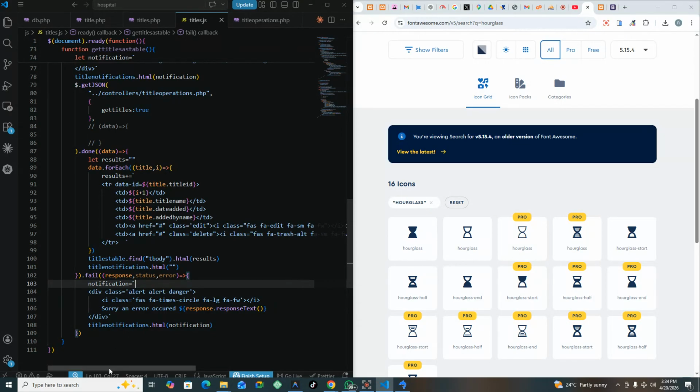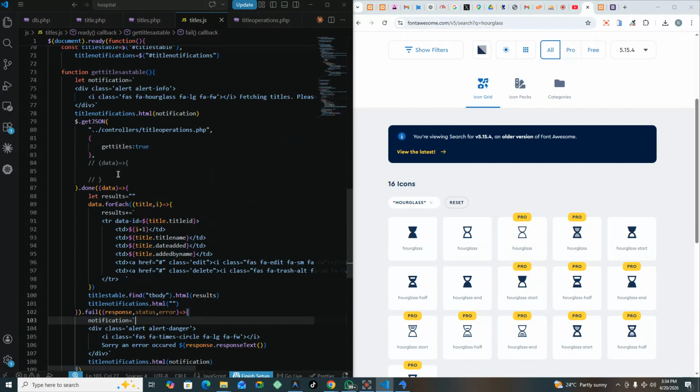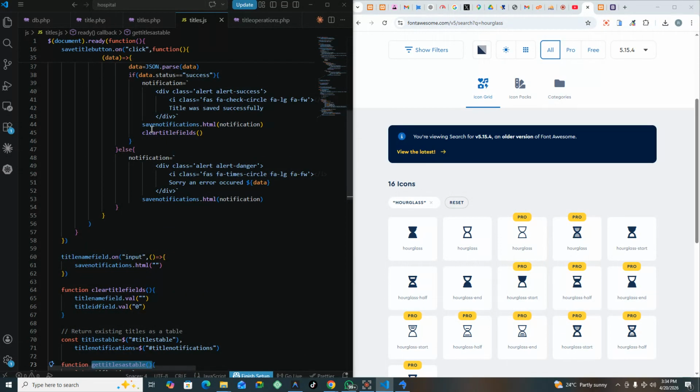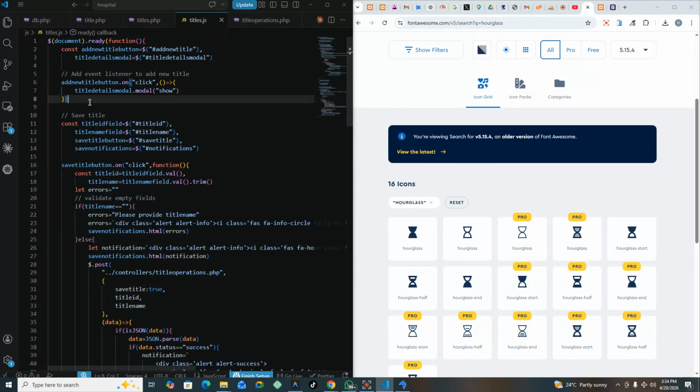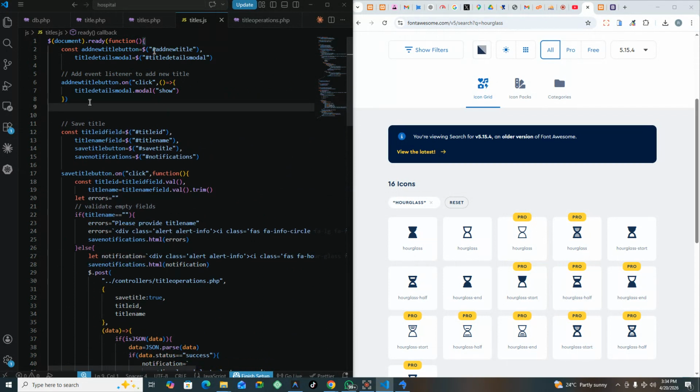So if everything was to work well, then this portion here should allow me to extract or to get titles as table. And because I've written this as a function, and that was deliberate, I can now invoke it so many times. Number one, I can invoke it when the page is loading. So I can simply come here and say,